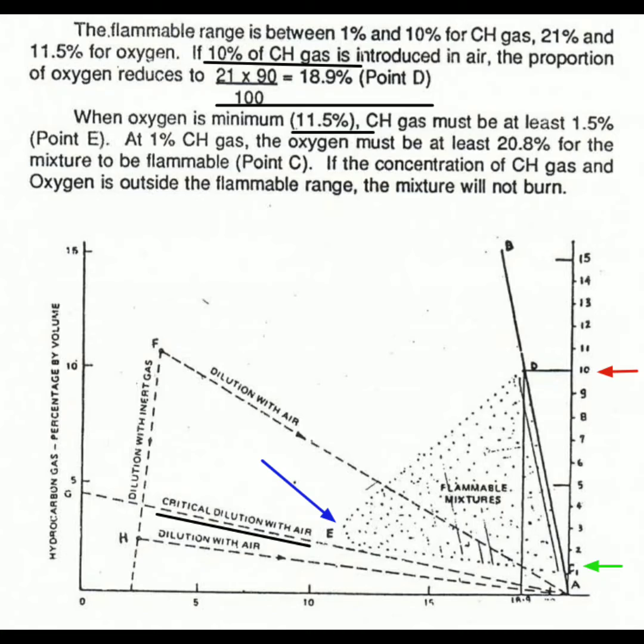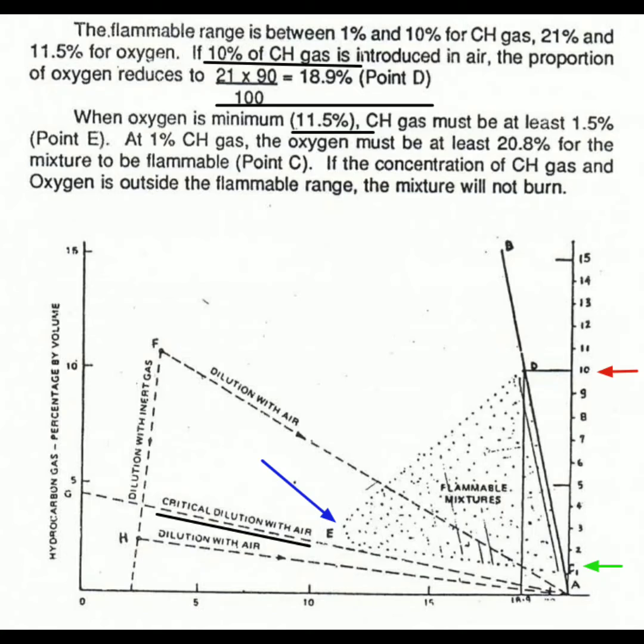At the same time, for point A the calculation will be similar. For 1% hydrocarbon, 99% of the atmosphere has to be air, and a similar calculation can be done to find the coordinates of point A. So when we have points A and D, we can join point A to point D and extend it beyond